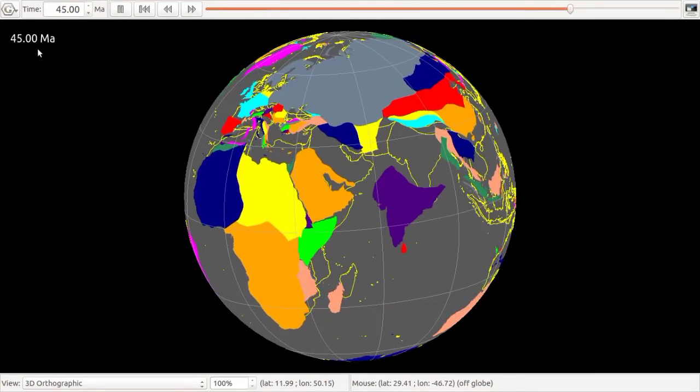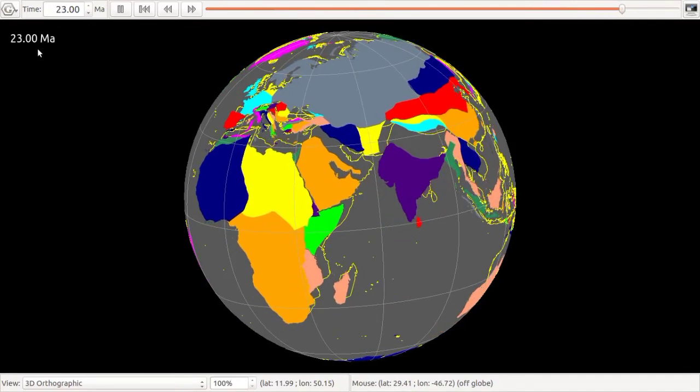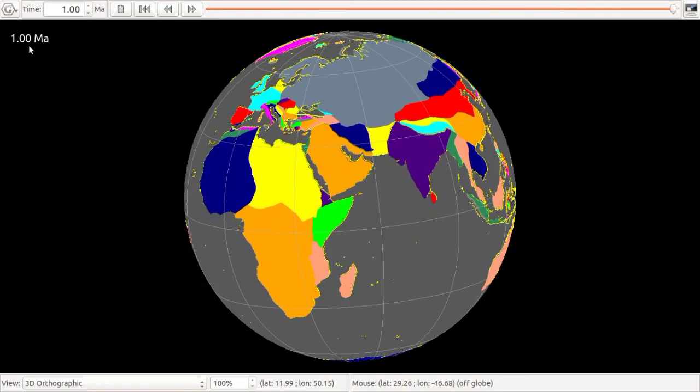Look at India. It is reaching 0, 0 mega annum.